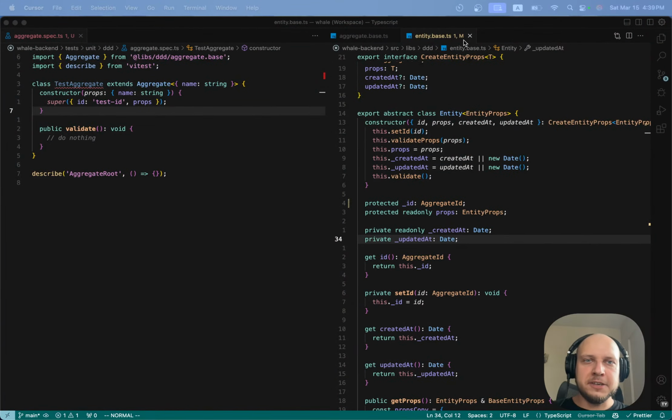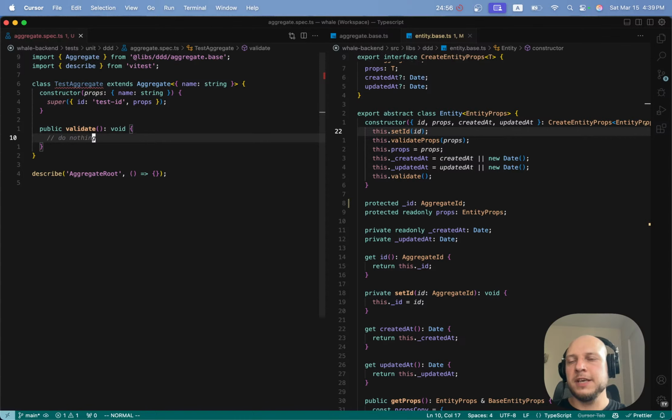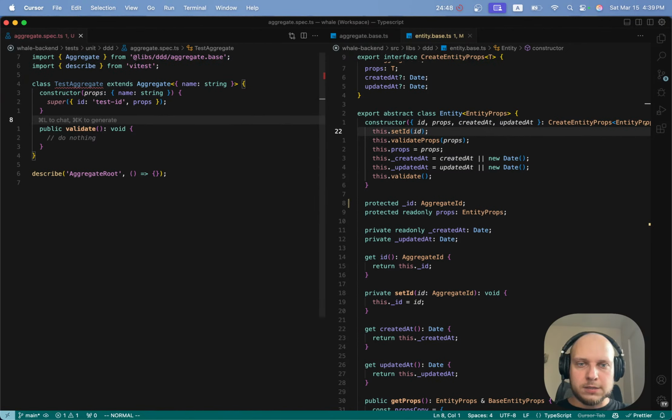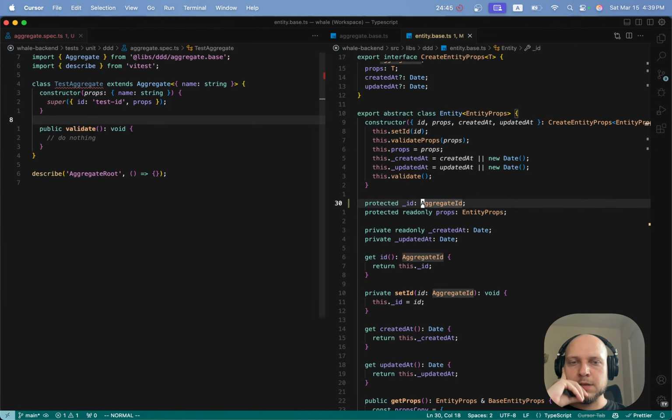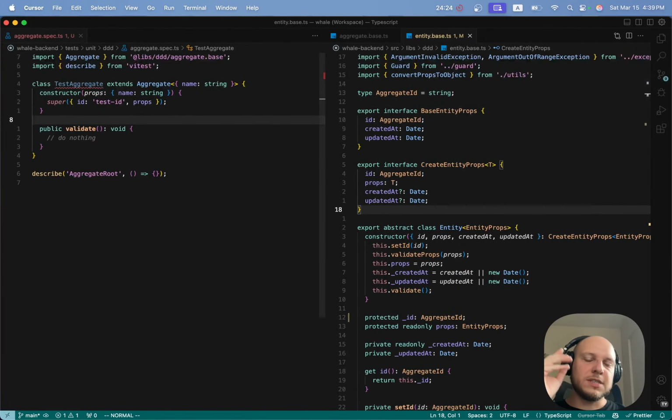Okay guys, let's continue, and I'm starting a new timer like this, and let's continue implementing our first test in our project, which is the unit test for our test aggregate. Okay, so I removed the abstract, how do you call it, the abstract modifier from our ID, which means that it now has a constant value of aggregate ID, which is not good. We need to somehow define that